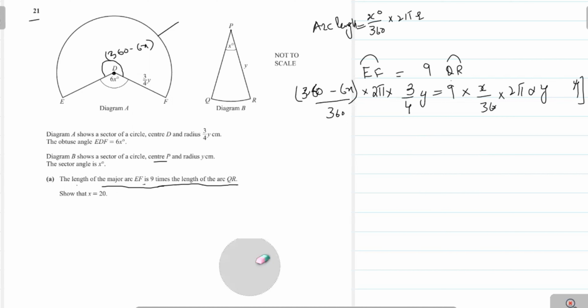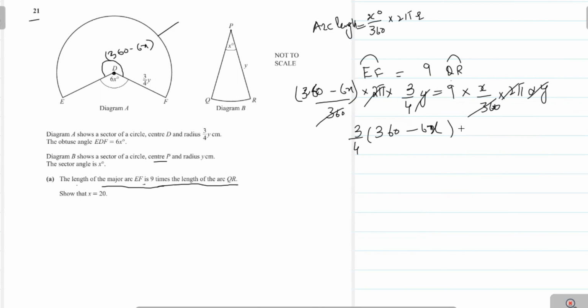Now we can simplify this. You see here 360 is cancelled, 2 pi is also cancelled, and y will also cancel. We can write this as 3 over 4 into 360 minus 6x